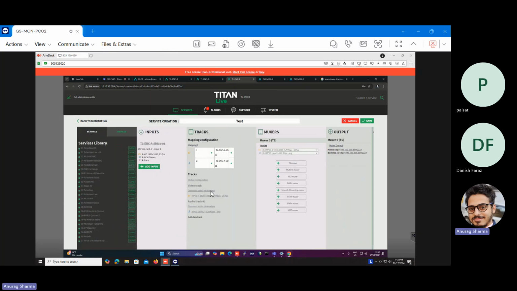Okay, so again, quick recap of this second method. We already have a service configured in our system as per our requirement. So we need to create a second service, or third, or n number of services of the same configuration which we have created as the first service. So we'll click on the new service, and we'll clone that particular service. After cloning it, we need to change only a few things. The input interface on the input tab. In the tracks, we will need to change the video pad and audio pad. In the Muxer, we only need to change our service name, our service ID, and the PMT pad. And on the output, we only need to change our multicast. And that's it. So we'll just click on save,